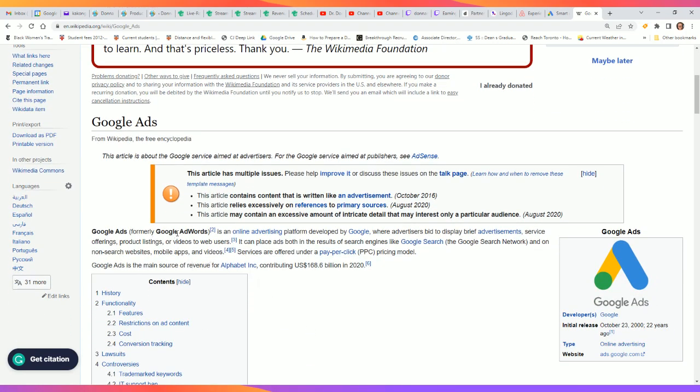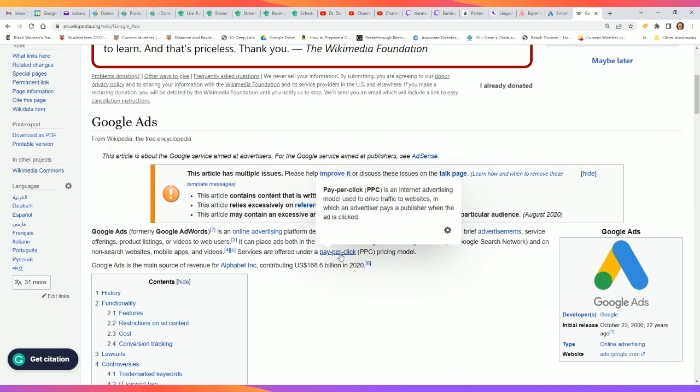Google Ads, formerly Google AdWords, is an online advertising platform developed by Google where advertisers bid to display brief advertisements, service offerings, product listings, or videos to web users. It can place ads both in the results of search engines like Google Search, the Google Search Network, and on non-search websites, mobile apps, and videos. Services are offered under a pay-per-click